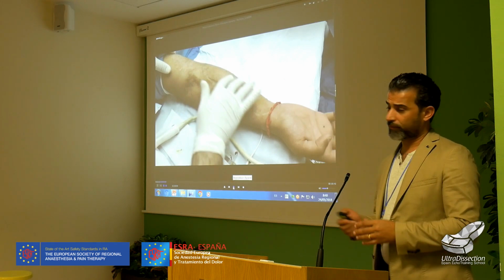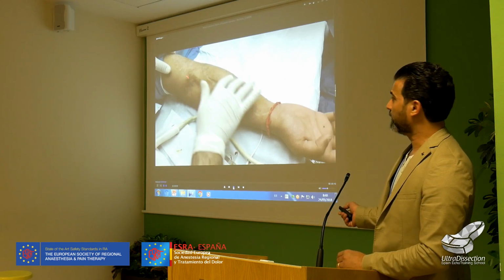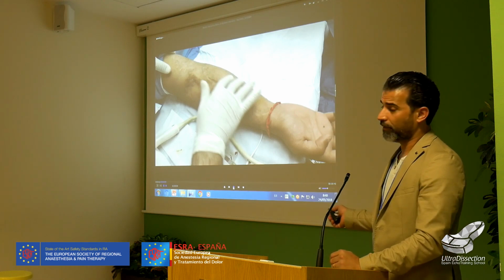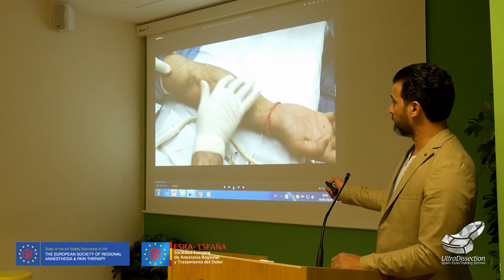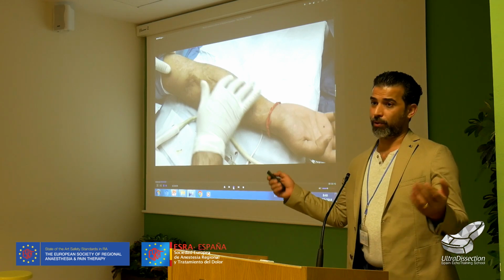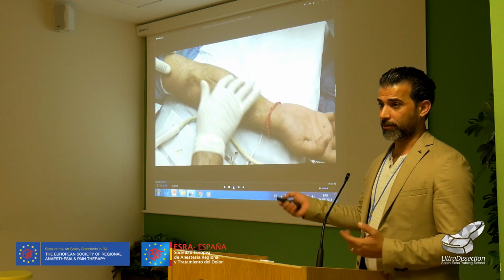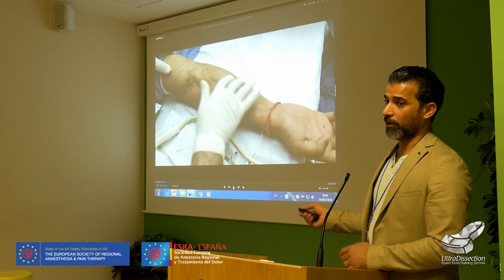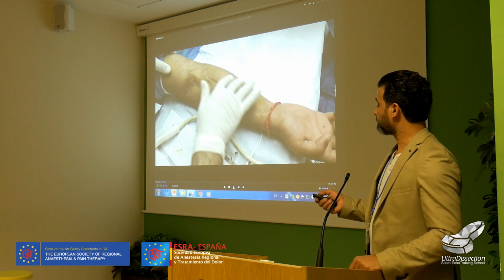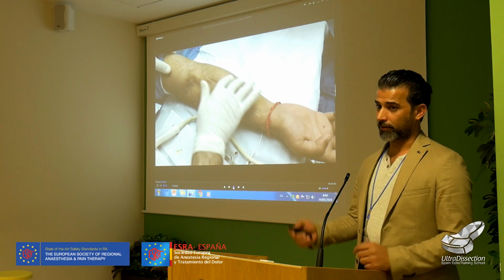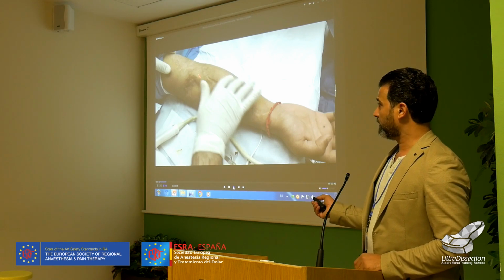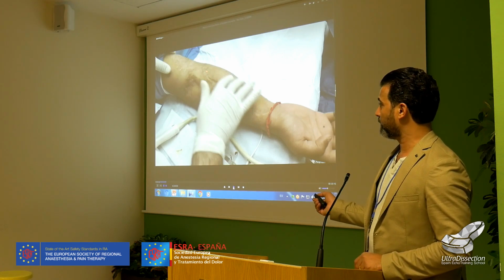This patient has a shell injury, he is military, with a shell injury in the medial aspect of the arm and the forearm. He developed severe neuralgia in the medial aspect of the forearm. He went to different doctors, orthopedicians and neurologists. All of them gave him just pregabalin or gabapentin or just a neuropathic agent, and he already had a surgery for shell removal and tendon